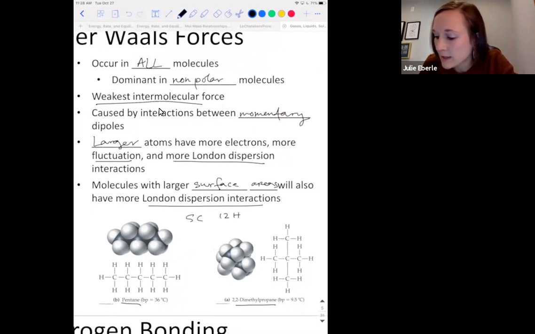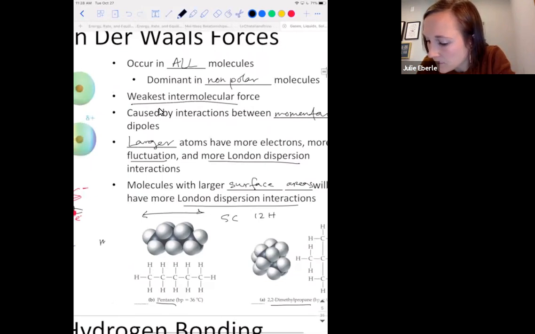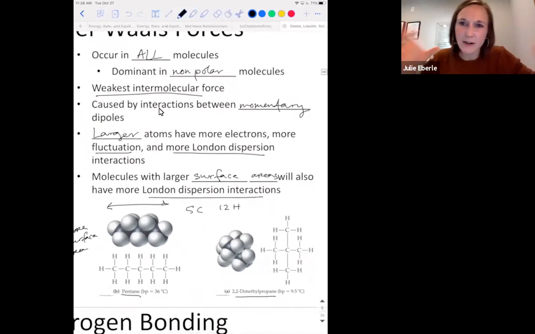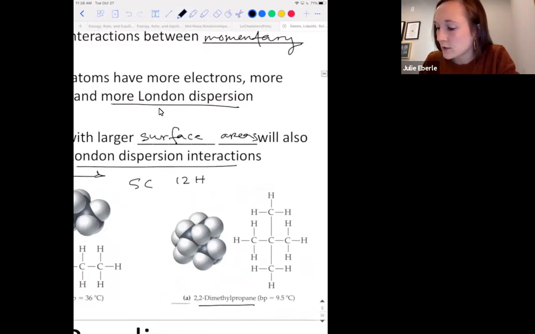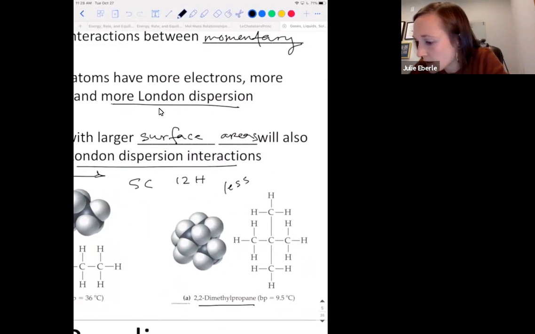But you can see pentane is longer. It's elongated, all the carbons are just in one chain. So therefore, this one has more surface area. And 2,2-dimethylpropane is kind of wadded up into a ball. It looks more spherical and less elongated, right? And if we were to draw the Lewis structure, you would see that it's just a different way that the carbons are attached together. So because of that, this one has less surface area.